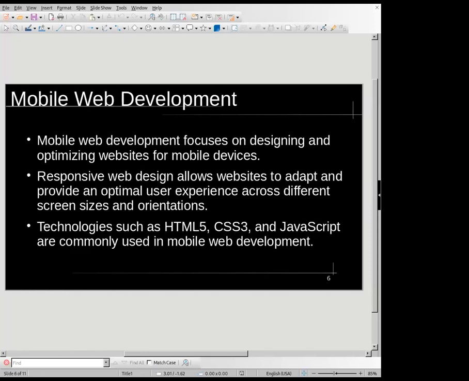So that was mobile development, and there's this other thing called mobile web development. So basically, mobile web development is just using the basic web technology, for example, HTML5, CSS3, and JavaScript, which are just the commonly used languages to develop websites. And you can use those languages to optimize, for example, let's say at work, you're given a project to optimize a web app to be operational on the phone. As you can see right now,